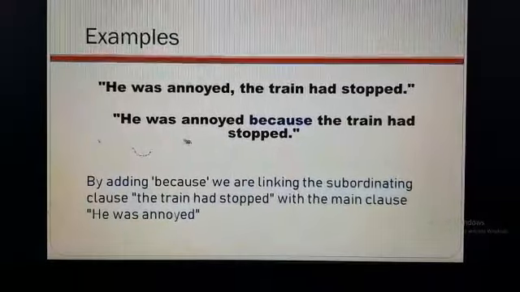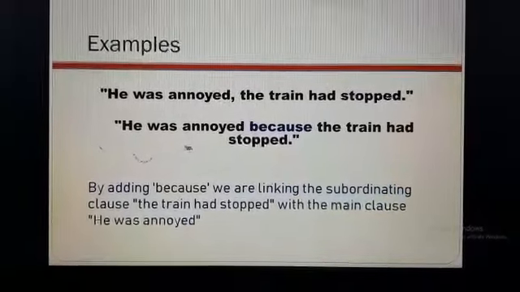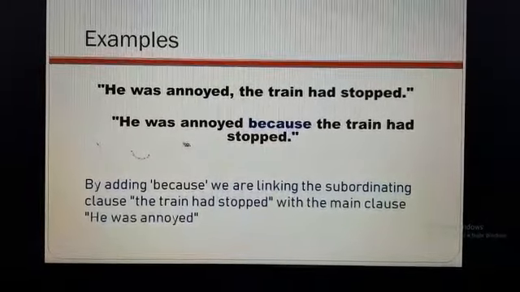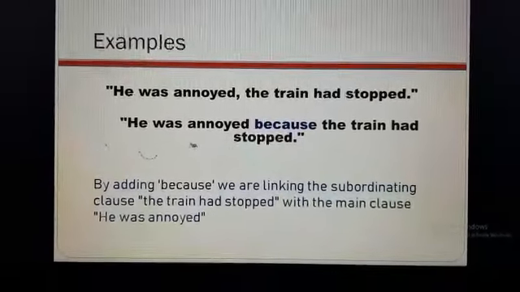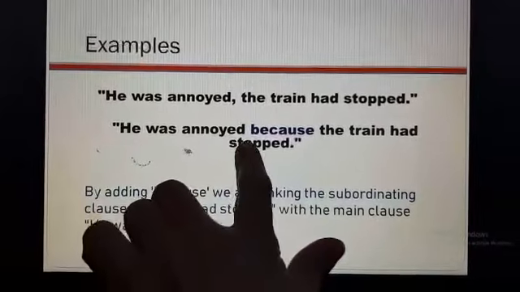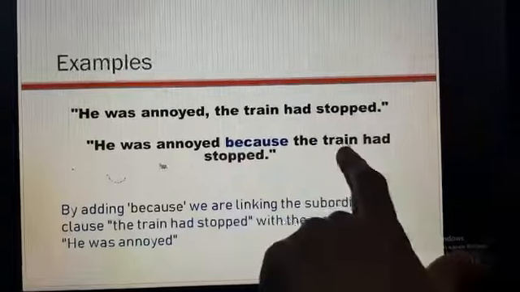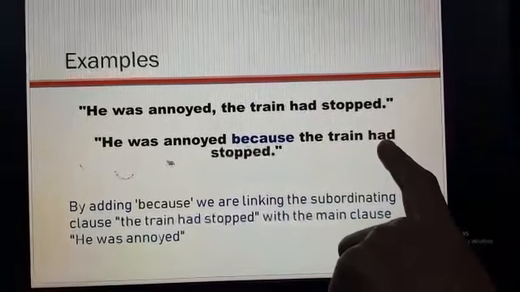So by adding because, we are linking the subordinate clause, the train had stopped, with the main clause, he was annoyed. So this is the main clause, then the subordinate conjunction, then the subordinate